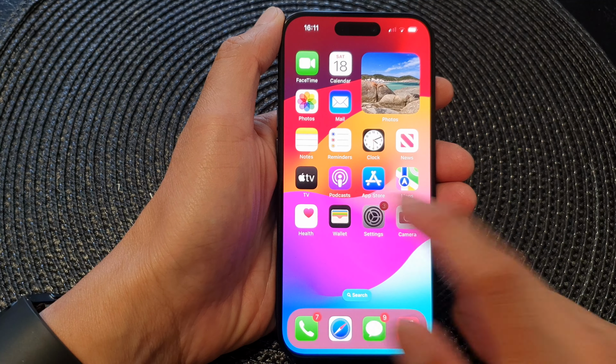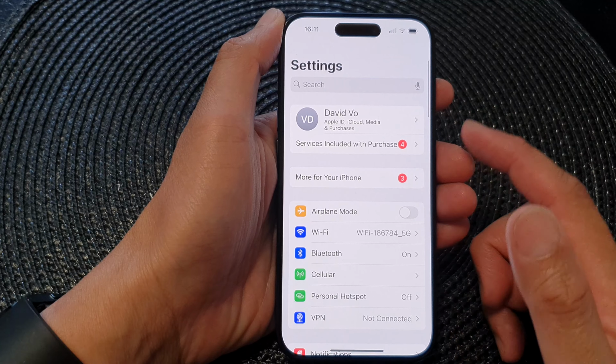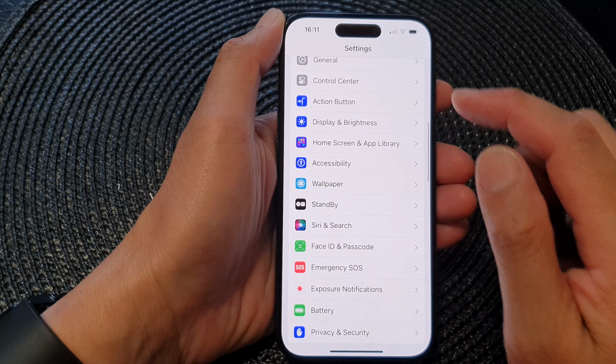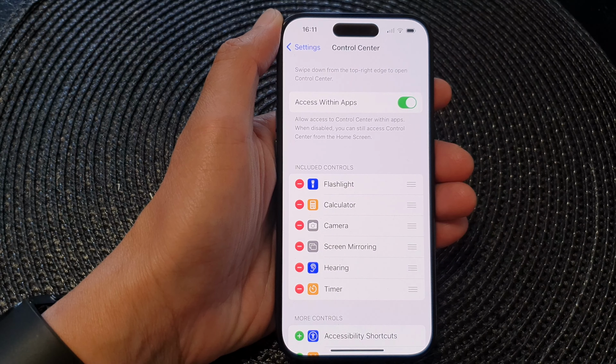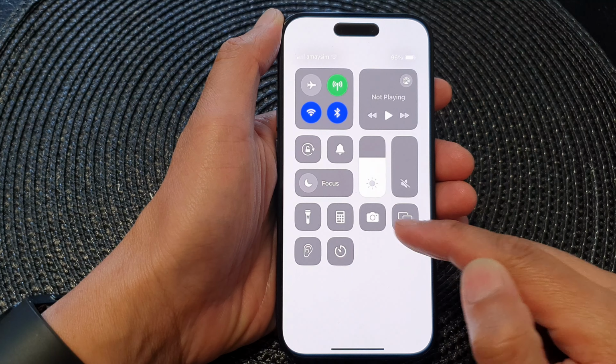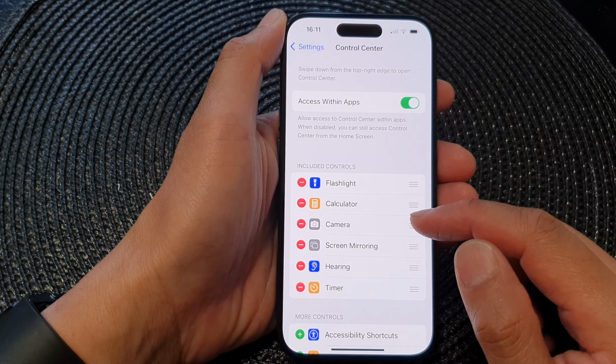From the home screen, tap on Settings. Then in the Settings page, scroll down and then tap on Control Center. In the Control Center, if you already have the camera control in here, then to remove it, go to the